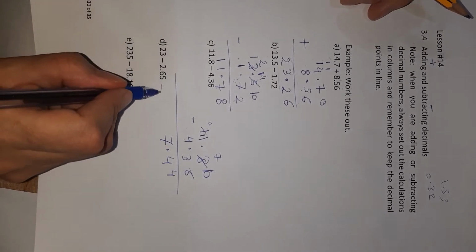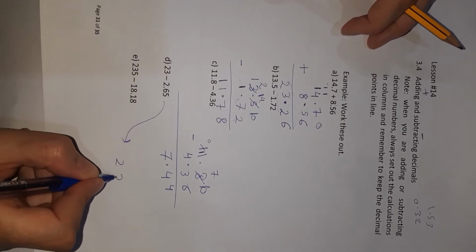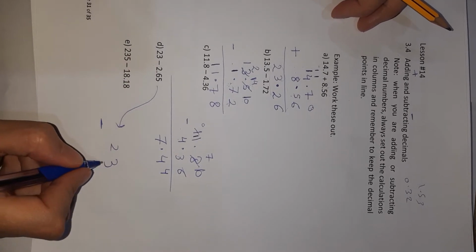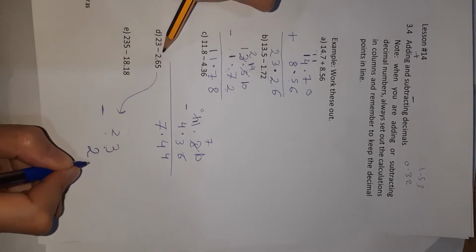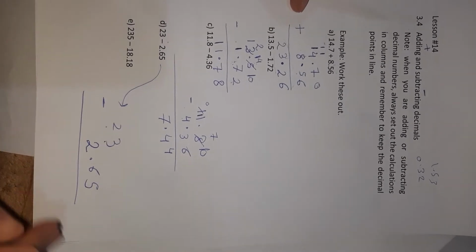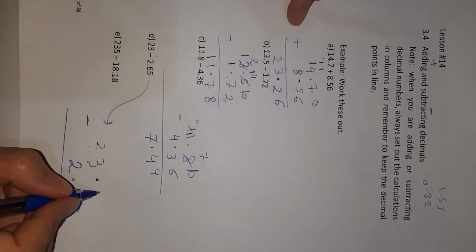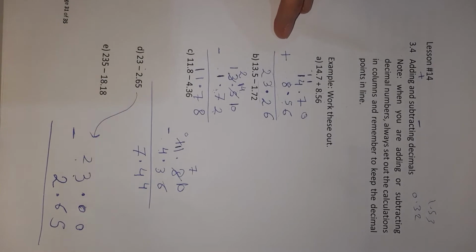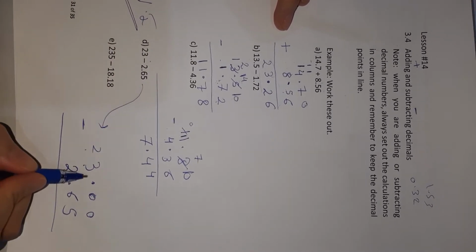Now I'll do this example D. 23 minus 2.65. Look, this is ones, this is tens. 2 ones here, 2.65. Look, here you have to put the point, and the blank space here is 0. This is 0. This is 0. Be careful, very important. Be careful. 23.00